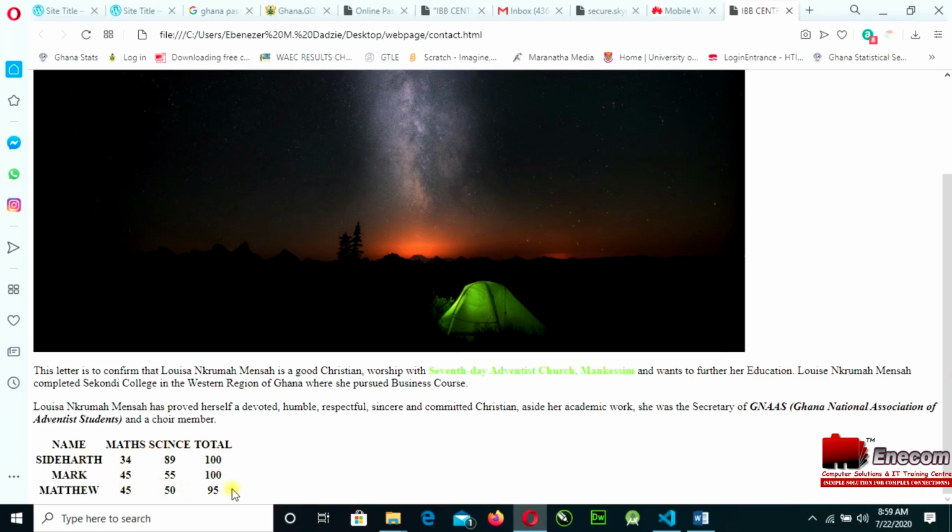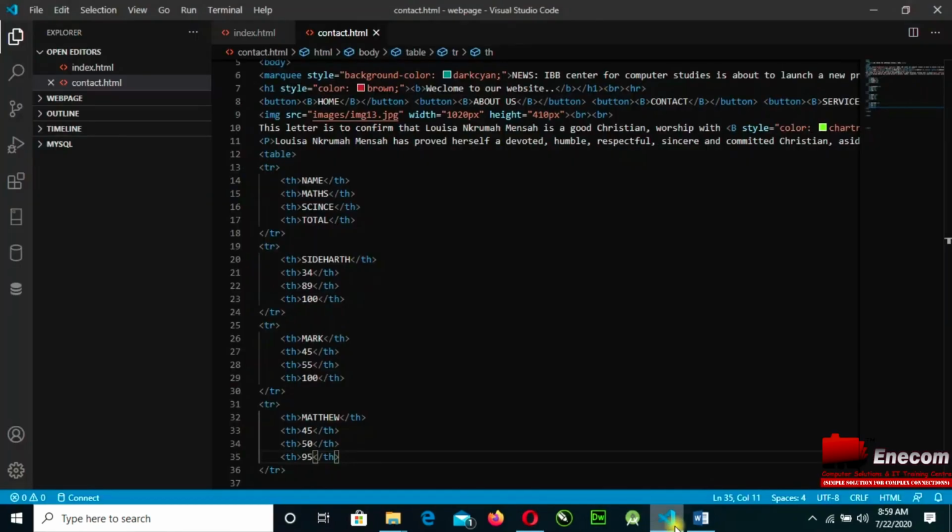Now let's beautify this thing. I want us to insert a border. If you want to color a certain portion, you still have access to make those changes. So all that you have to do is just be at the start where you'll be having the table. Inside the table, what you have to do is just specify border. So I will specify border, I'll give it 2.